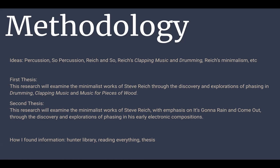So there are three pieces that I focused on. Then my second thesis evolved into: this research will examine the minimalist works of Steve Reich with emphasis on It's Gonna Rain and Come Out through discovery and explorations of phasing in his early electronic compositions. And how did I get from Drumming, Clapping Music, and Pieces of Wood to It's Gonna Rain and Come Out? In researching those first couple of days, I came